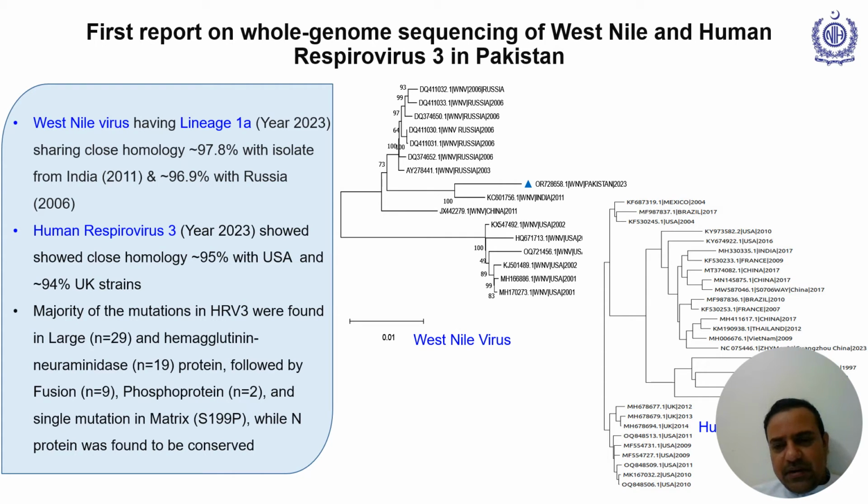And in the respiratory swab of this patient, we again used this metagenome approach, and we identified the human respirovirus, or the parainfluenza virus. This virus again showed some unique mutations in different segments. So again, you can see how next generation sequencing and the metagenome approach have helped us in the identification of pathogens and in exploring their genomic diversity.